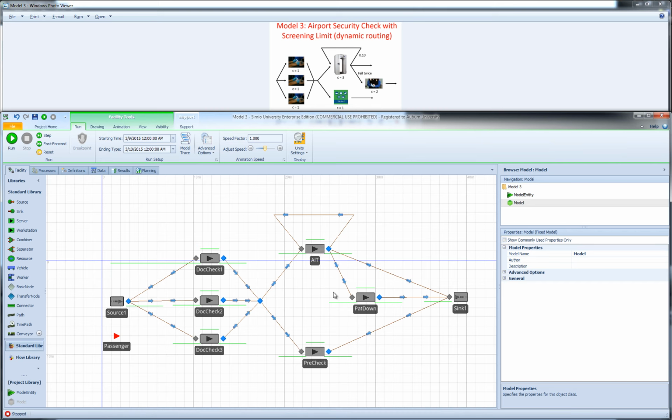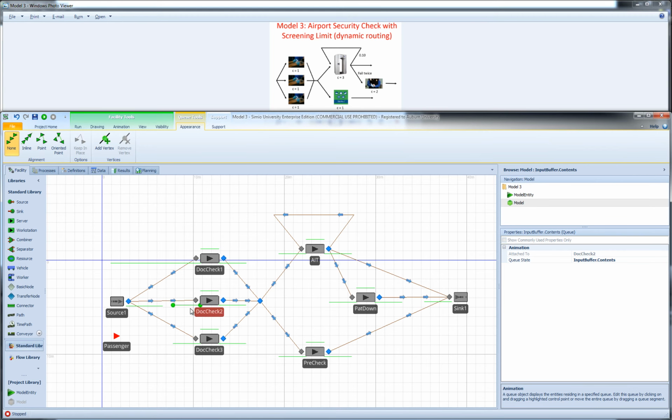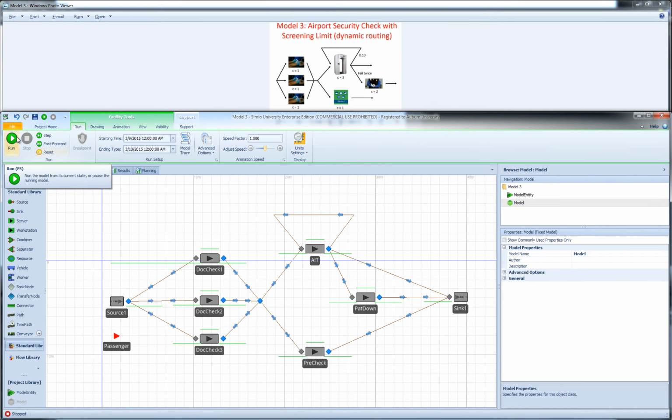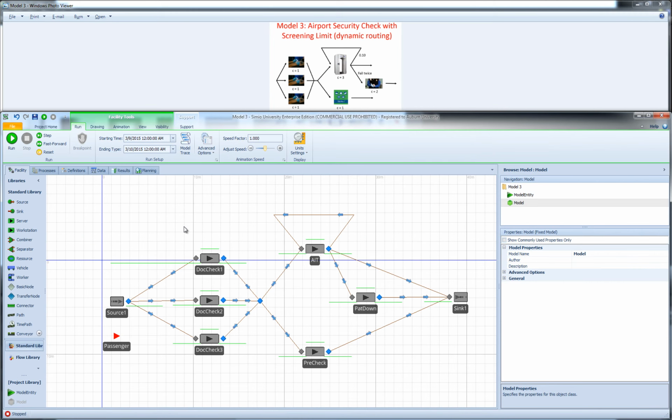But what the smallest value of associated station overload does for us is that it sends the entities to the station that has the fewest entities in its processing station, input buffer, and en route to the station. So now when we run, we will see that we do not wait until the first server is filled to send entities to the second station. So the last dynamic routing option that we're going to look at is